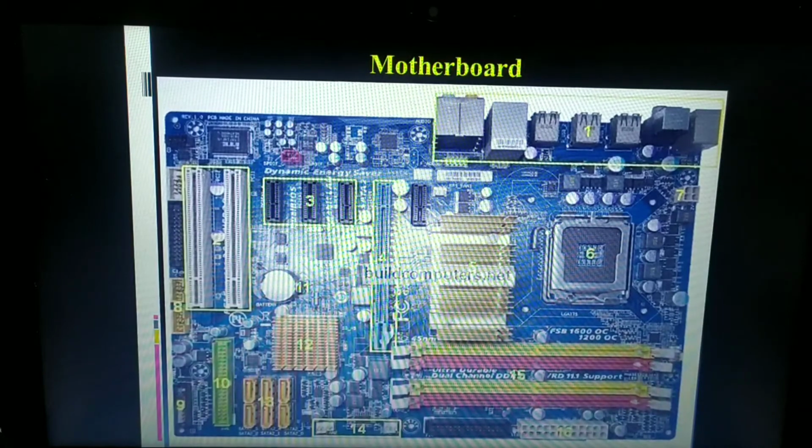Isn't it that the different kinds of units are communicating with each other? The input unit communicates with the memory unit, memory communicates with the CPU, the CPU again with memory, and memory again with the output unit. The motherboard is responsible for making sure that all these different units communicate with each other. That is why the motherboard provides the platform for all the different components and the peripheral devices, like external devices, to communicate with each other.